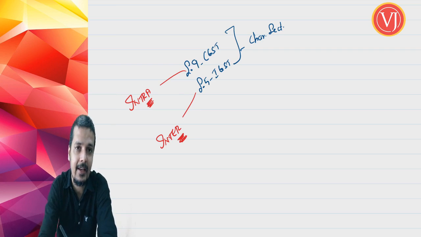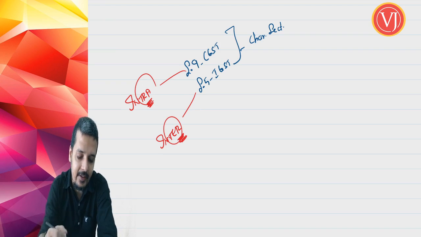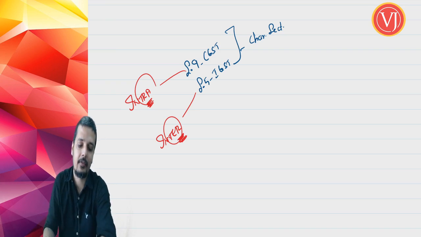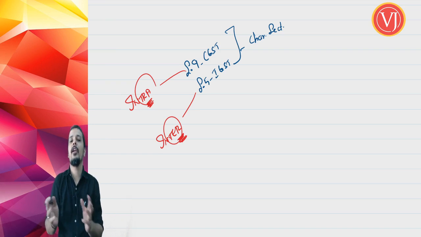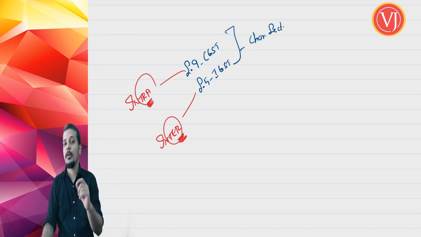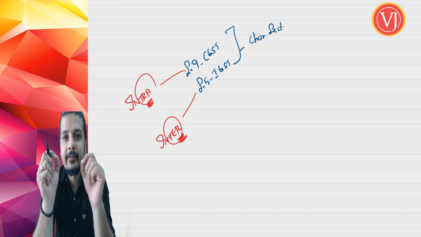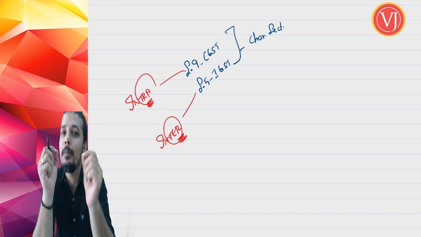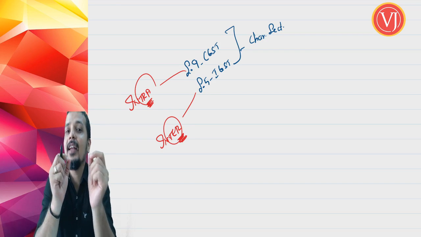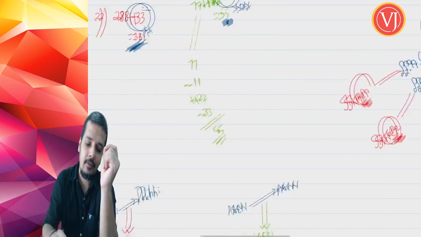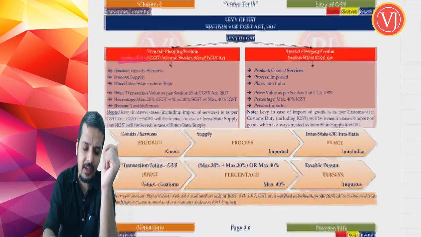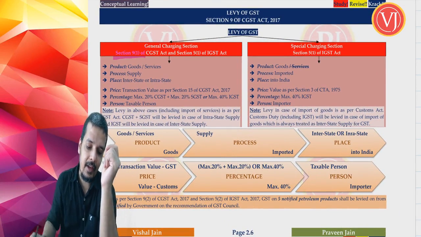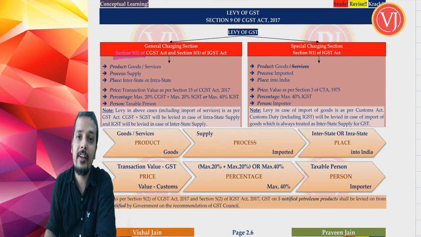The difference is, if it is section 9 of the CGST Act, obviously the wording will be intrastate supply. If it is the IGST Act, obviously the wording will be interstate supply. So there you have to be very, very careful. Now we are going to see the corresponding provision of the IGST Act. At the cost of repetition, my friends, till I tell, you should always remember that the provisions are only of the CGST Act. Now I specifically said please connect the IGST Act too. So it is section 9 of the CGST Act read along with section 5 of the IGST Act. Now when you talk about the charging section, you can easily bifurcate it into 6 parts, 6 P's.